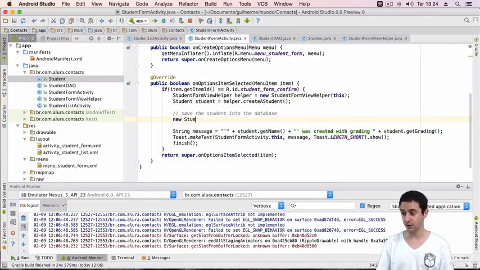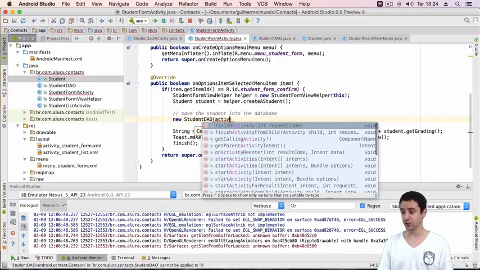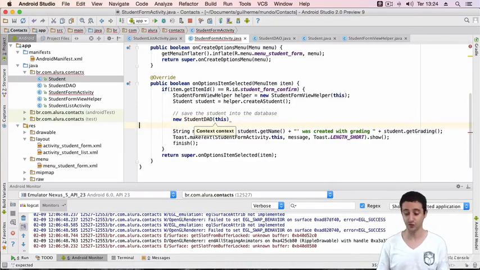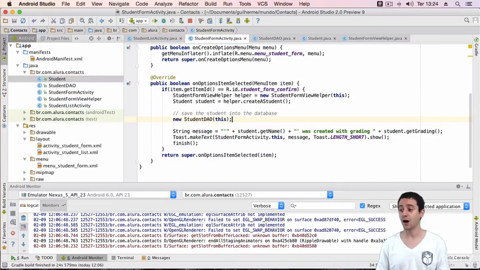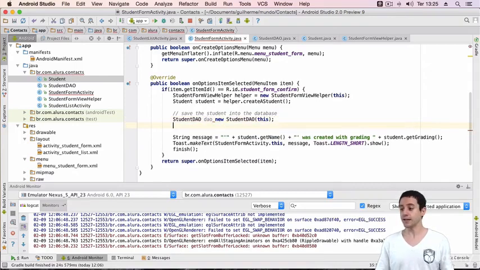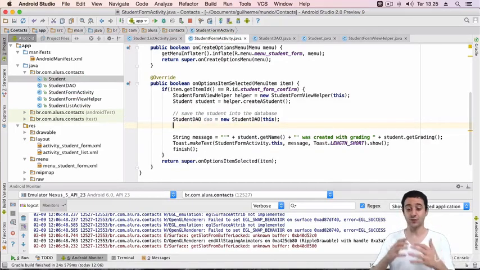So I'll try to get a student DAO in my hands, student DAO. It requires a context, which is our own activity, which is this, myself, I'm the activity, which is the context. So this is my DAO, right? So I'll call it DAO. And then with my DAO in my hands, with a reference to my data access object, what